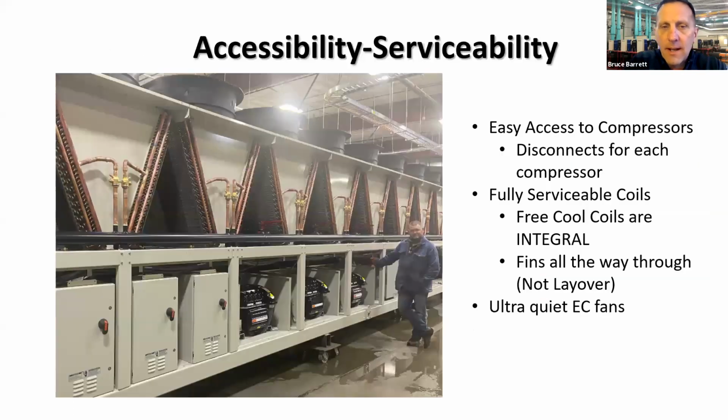This looks at the other side of that machine, and I want to point out how easily accessible it is to get to those compressors. You could isolate a compressor. You could pull it all the way out via some simple lifting gear. Again, they're about 300 pounds. It's got electrical disconnects per compressor. If you look up on the coil, it's got water side and refrigerant isolation valves on there. So if there's a leak in the coil, you just pin that one down, you can still operate your machine. Again, on top, the ultra quiet EC fans are standard.